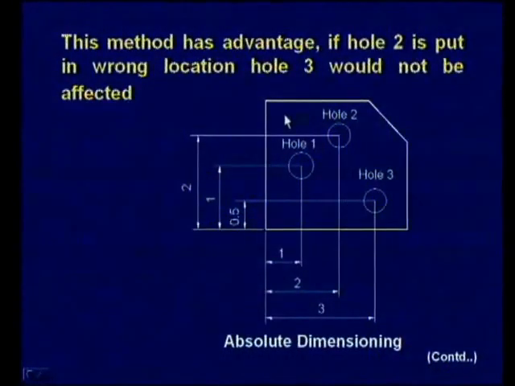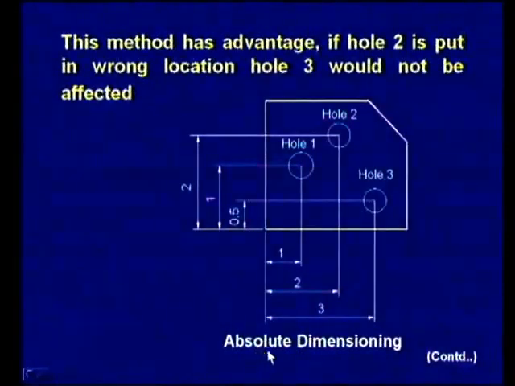Here let us take a slide which is represented with an absolute dimensioning. Here this is our reference point, we may simply call it an absolute point or an origin for absolute dimensioning. If you take any point on the diagram, it is referred to this origin. That means the center of the hole is at a distance of 1 unit in x axis and 1 unit in y axis. Whenever you take hole 2, it is at a distance of 2 units in x axis and 2 units in y axis.